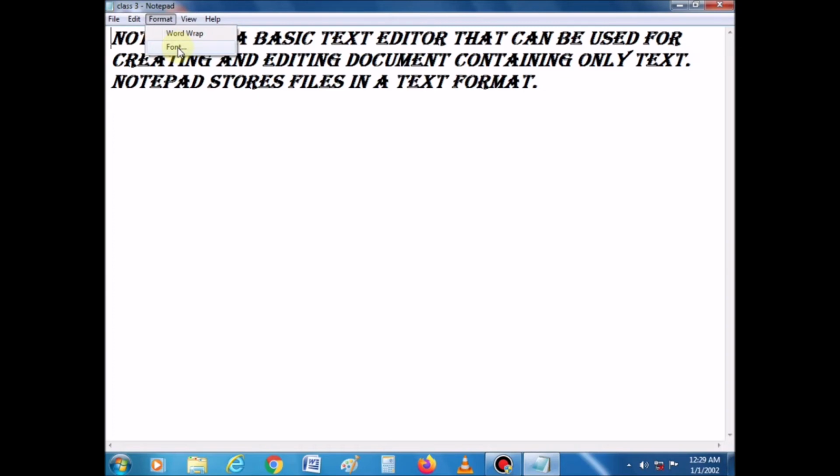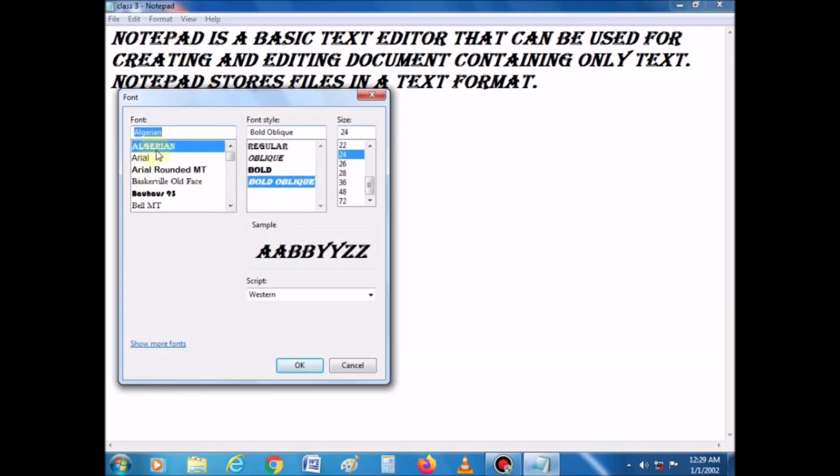And after clicking on that, you can see here the font option. Now click on that font option. Font dialog box appears. Yes, in this font dialog box, you can select the desired font from the font list box.